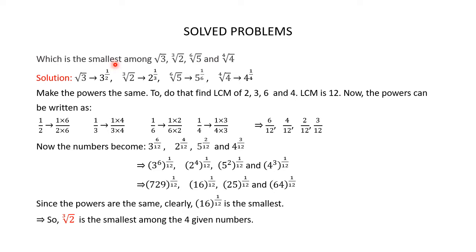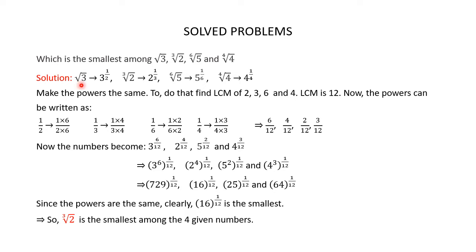Which is the smallest among square root of 3, cube root of 2, sixth root of 5 and fourth root of 4? You have to find out which of these four numbers is the smallest. Now you know that